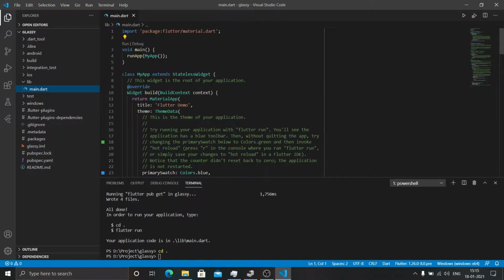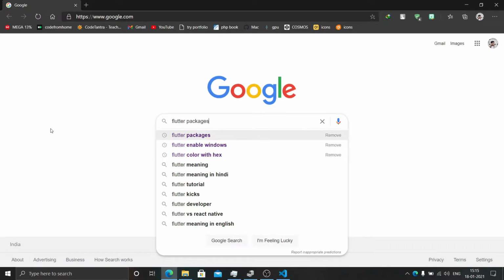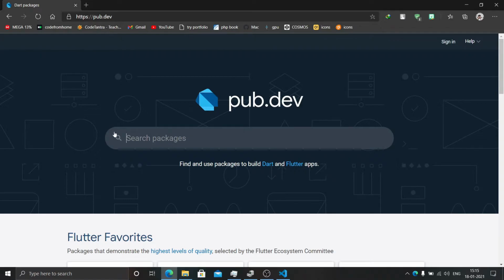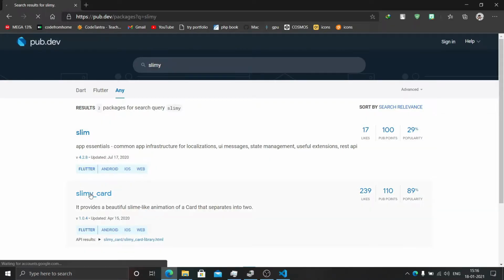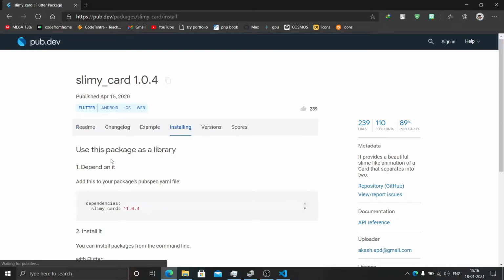Welcome to a part where I will build an app from scratch, and this is the default Flutter project that you will get. Now I will use a Flutter package so that I can make it a little more stylish. This will be an about me app, and that can be used as a portfolio or something. This is the Slimy card package that I will be using as my widget.